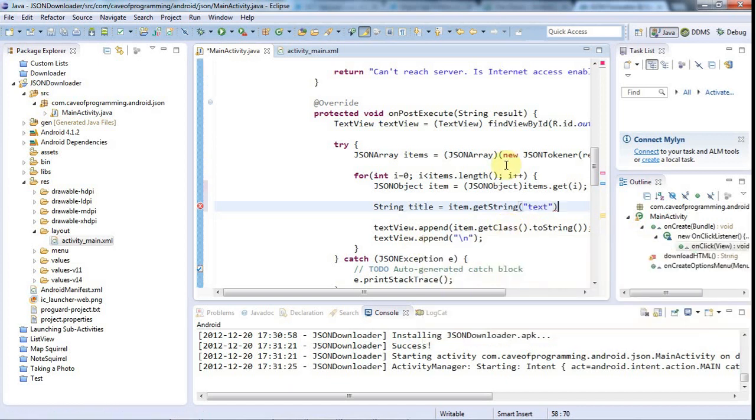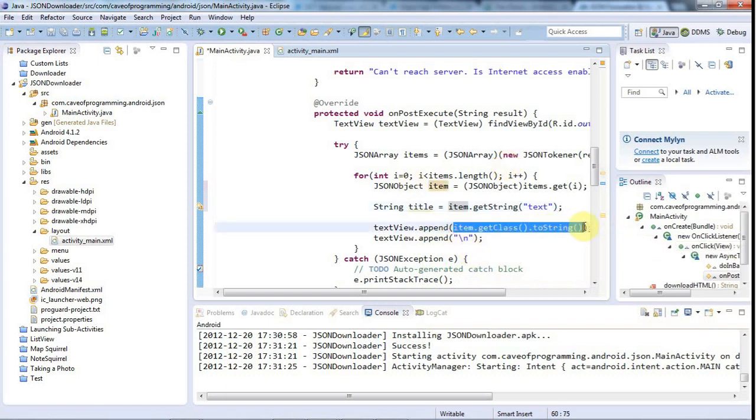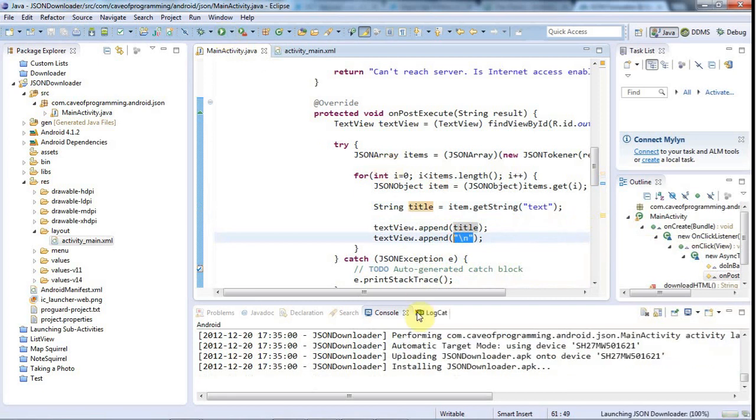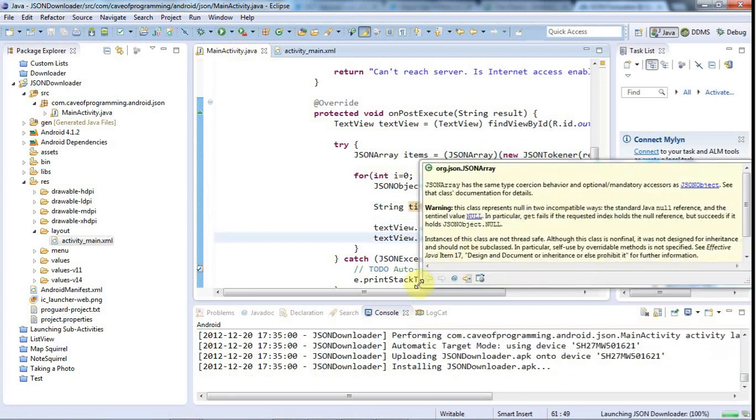So I type text in there, and I'm just going to say textView.append title and then append a new line. So this should get me 5 titles of headlines from the Onion's Twitter feed. And